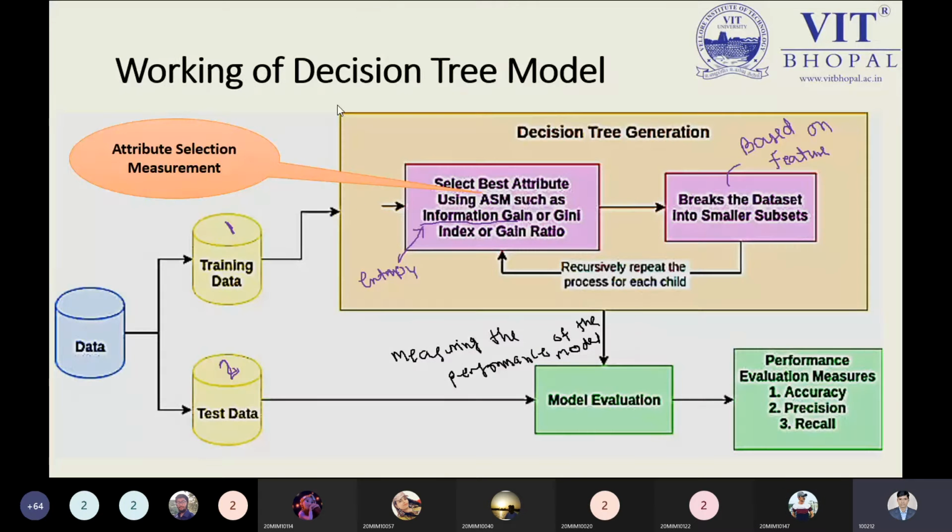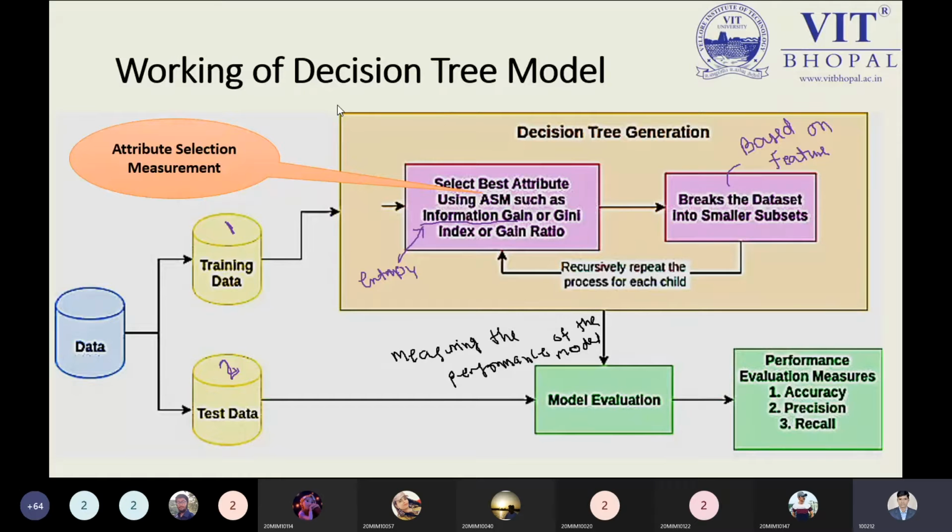So what is the working of the decision tree model? The decision tree working model is again an important point. So you can keep in mind this model. It seems to us a very tough model. We are not able to understand, we are not able to keep it in mind. Just listen to my words, and definitely this model diagram will be in your mind after listening. Now, what is the first point? We are just remembering the steps which are written in the previous slide, that is the ID3 algorithm.